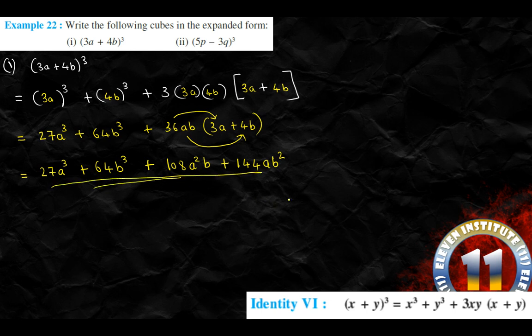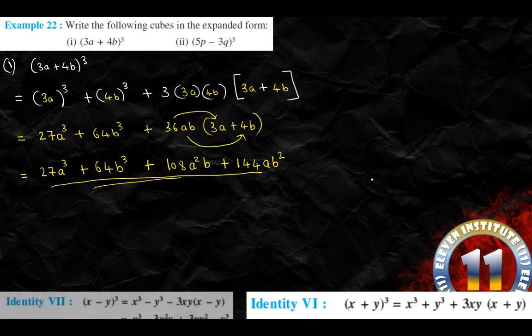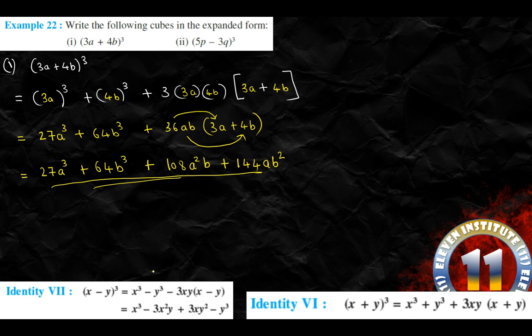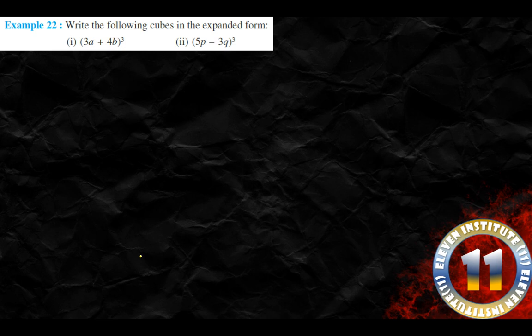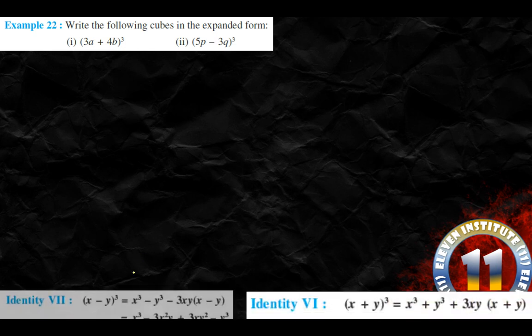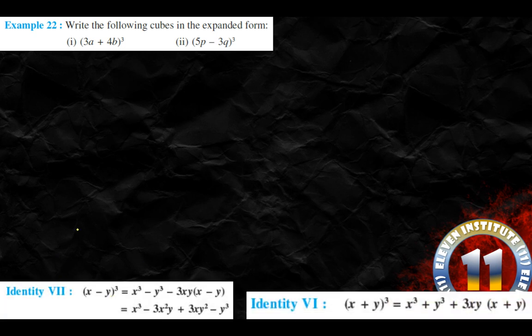Right, please pause the video and write this down in your CW. Alright, I hope you have written this. Let us now move to the second question. Yes, for which we have this identity x minus y the whole cube, but we will solve it in the next page over here. Right, so we will apply identity 7 for question number 2. Let me write the question over here first.